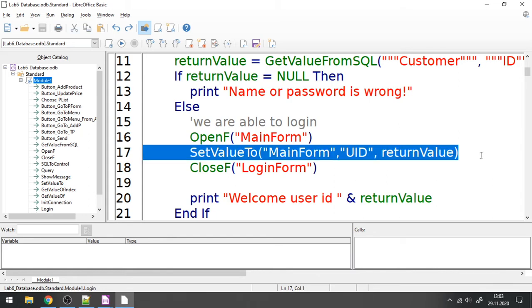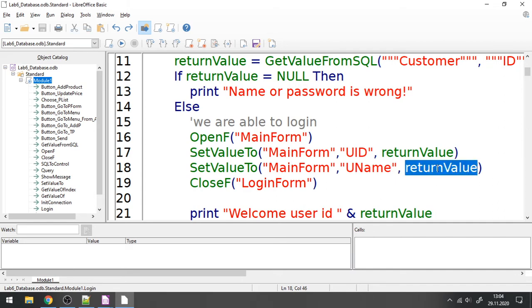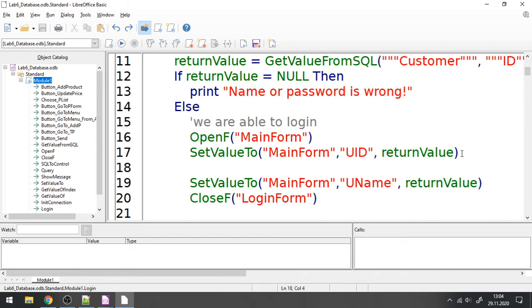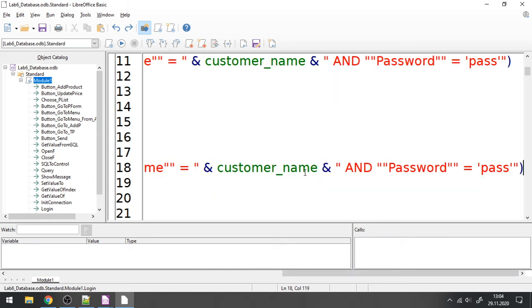And then I would like to do a similar thing, this time for the text box called uname. So I have a text box called uname there, but this time, instead of saying it is equal to the return value, I would like to find out the name of the user with the ID that is contained inside my return value. So let me write username here for my attribute. I would like to get this username using the same function. So for the username part, this is going to be my same function. I can still use the customer name and